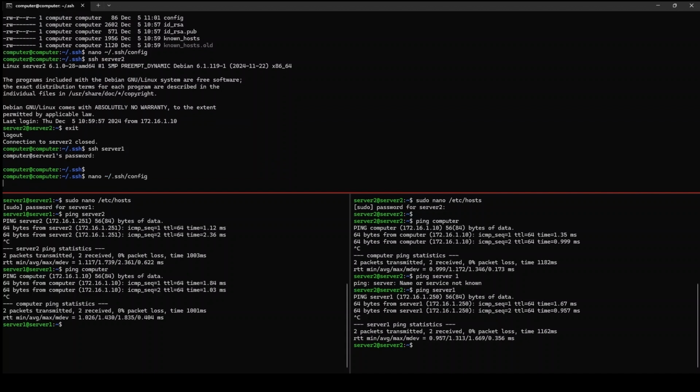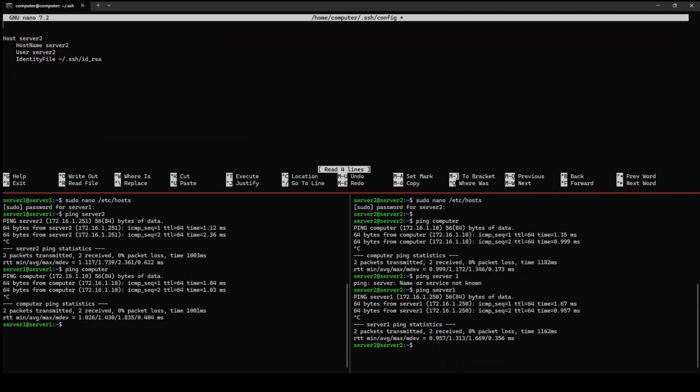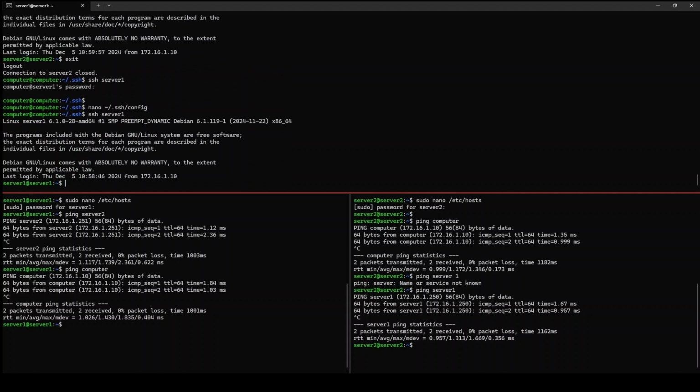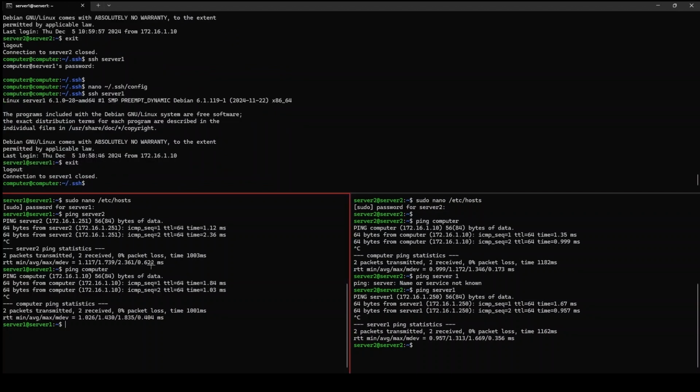So we will change the configuration and add the same, but for server 1, id_rsa, server 1, server 1, server 1, Control-X, yes. And so if I do SSH server 1, I'm automatically connected to it. Perfect. I'm going to do the same